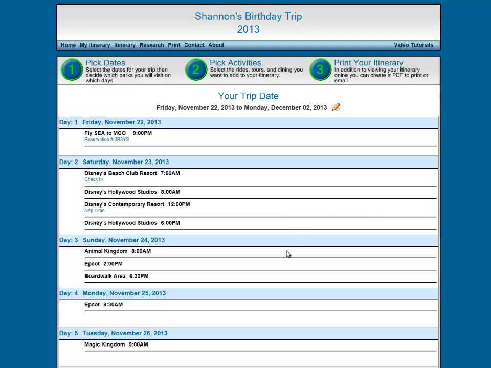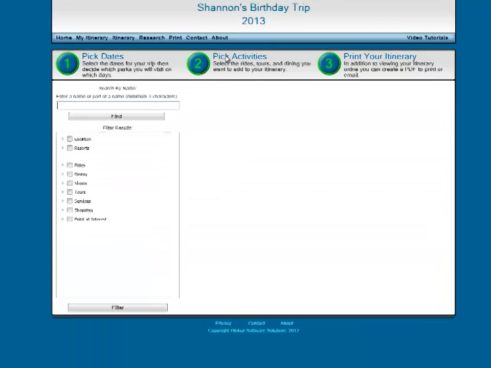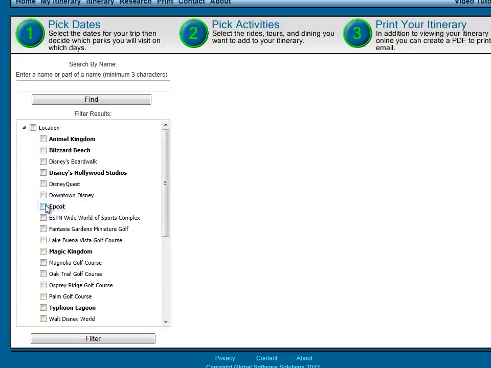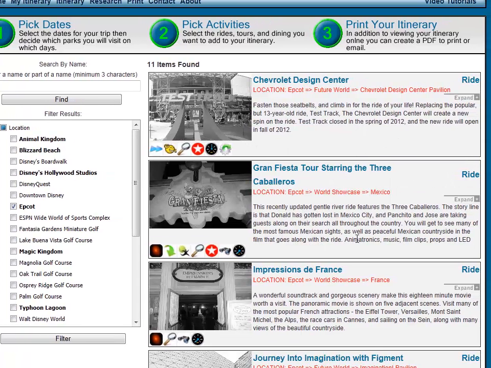Now there's several ways to do this. If you're more experienced, you may just want to type in the names directly. But for those of us who are a little bit new to Walt Disney World, what we'll want to do on this screen is filter the search results. We can do that by expanding the various nodes on the tree view. For instance, if you want to go on rides, you can pick rides, and I want to do that inside Epcot. So when I hit filter, all of the rides inside Epcot will appear with their description and some icons